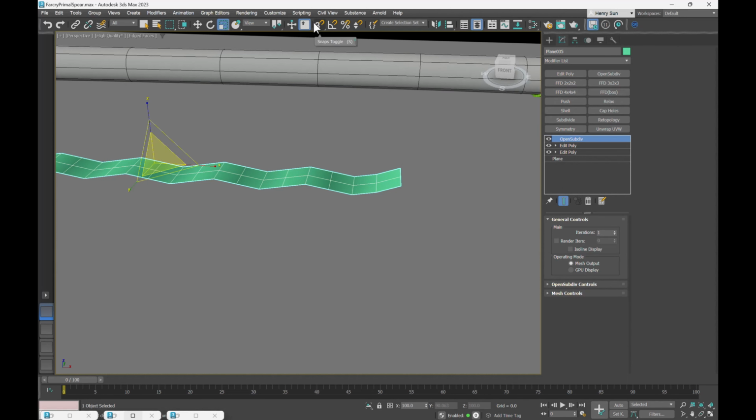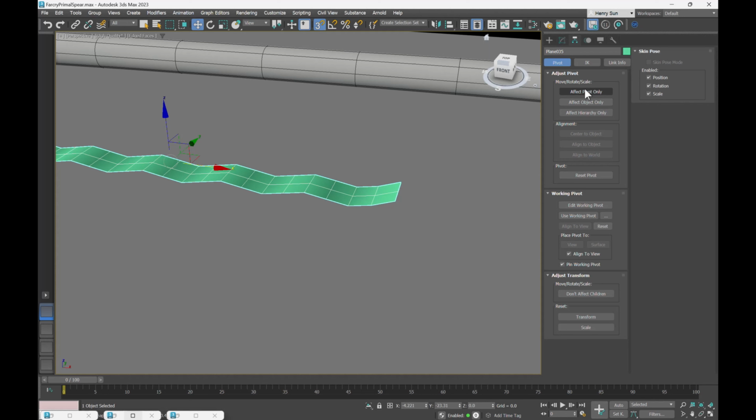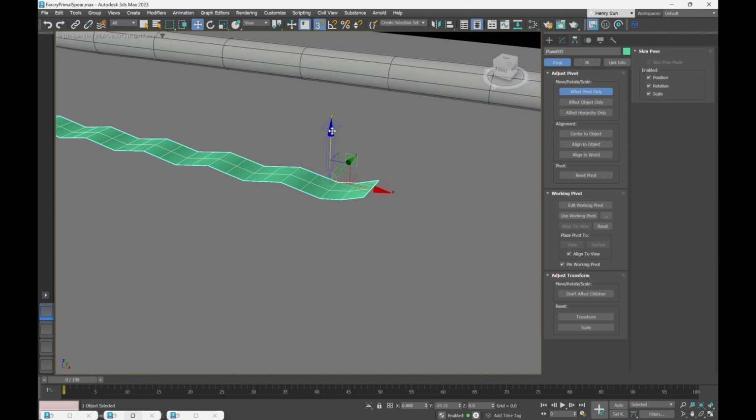So with this turned on, our snaps, and I'm going to press W on the keyboard to go into our move tool. Let's go to the hierarchy tab in the command panel. Let's press effect pivot only. And let's move the gizmo to this center point here. Now, I'm only going to grab the X handle here. This will constrain the handle to this axis, which allows me to still snap to this point here, but overall it hasn't changed its position in the Y or the Z, which is what we want. So I'm going to turn this off,